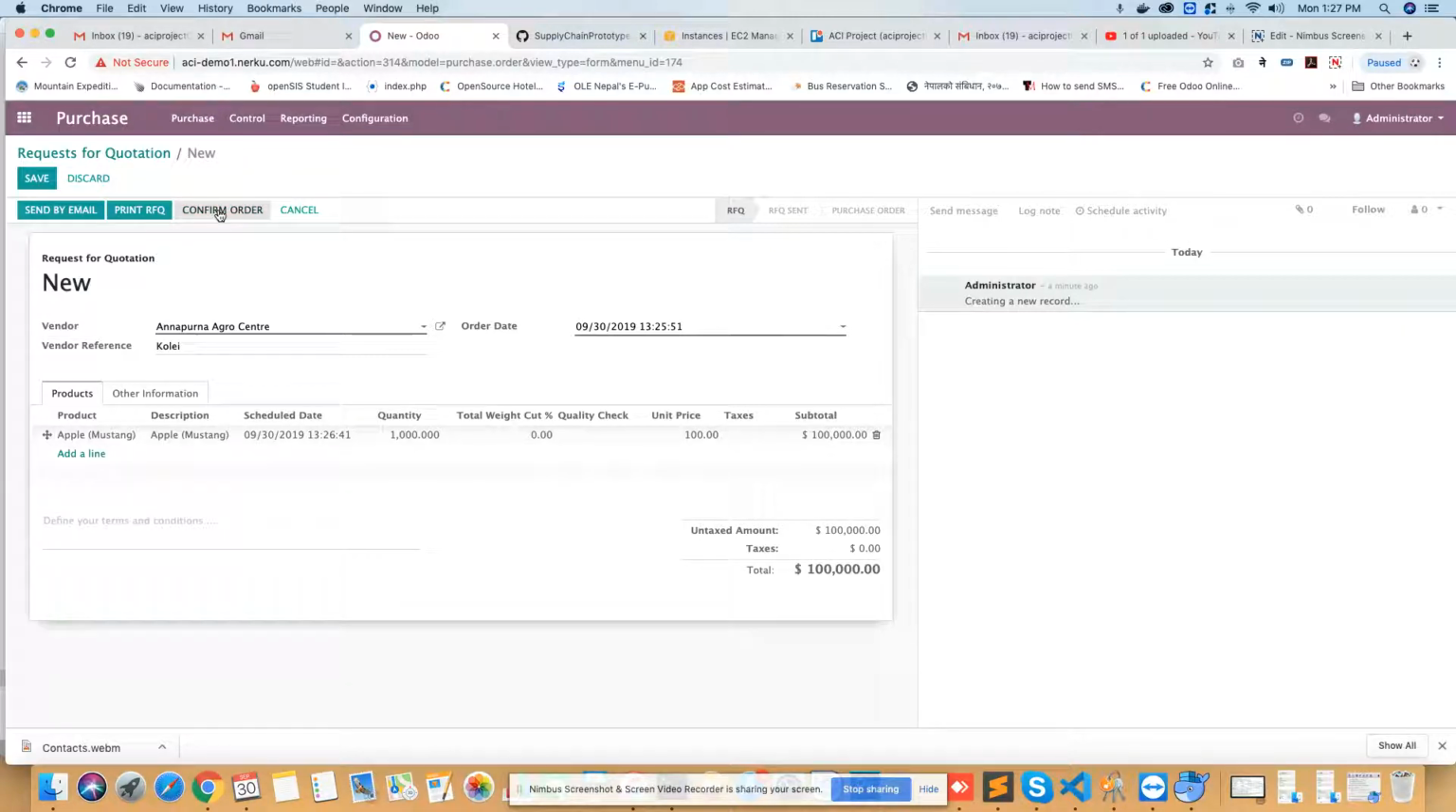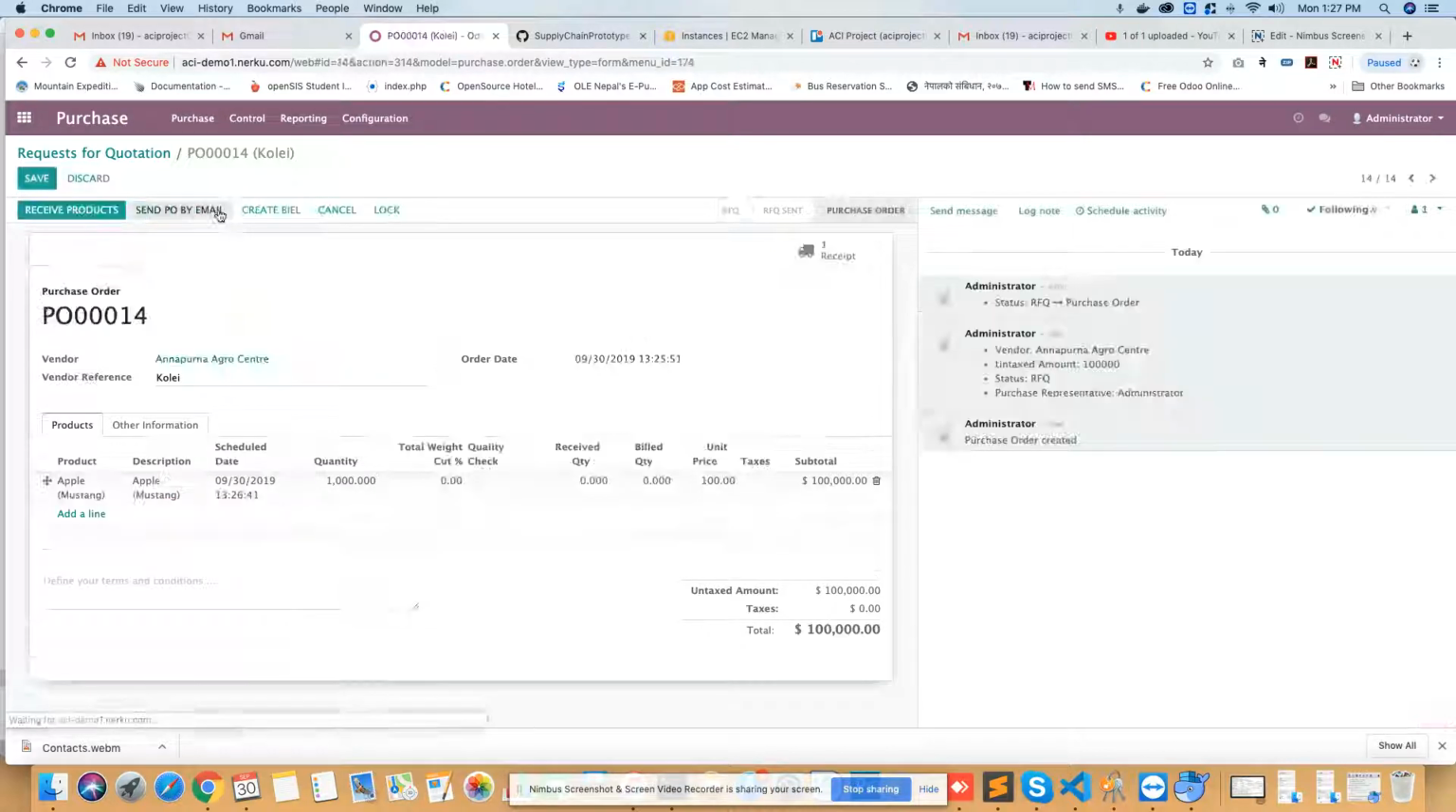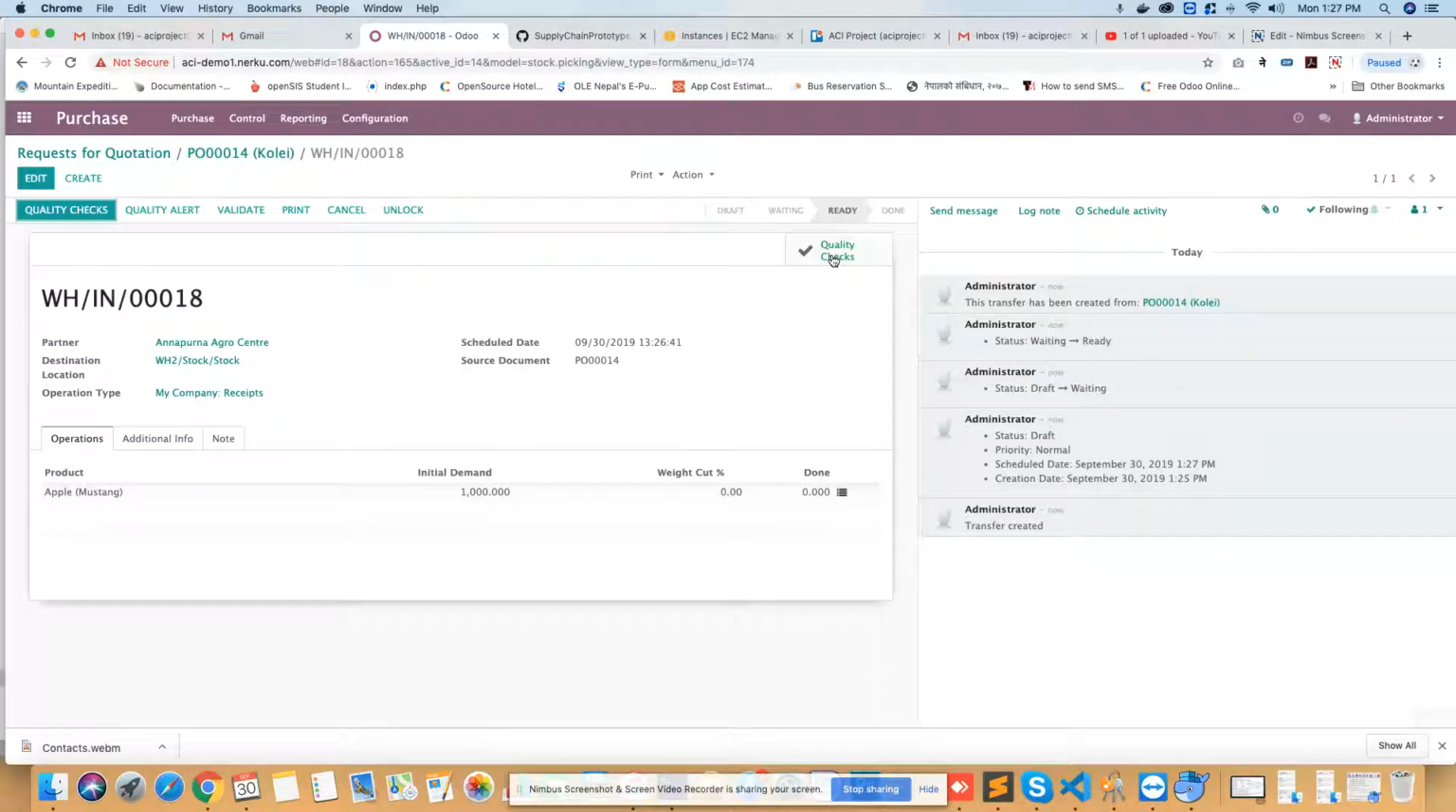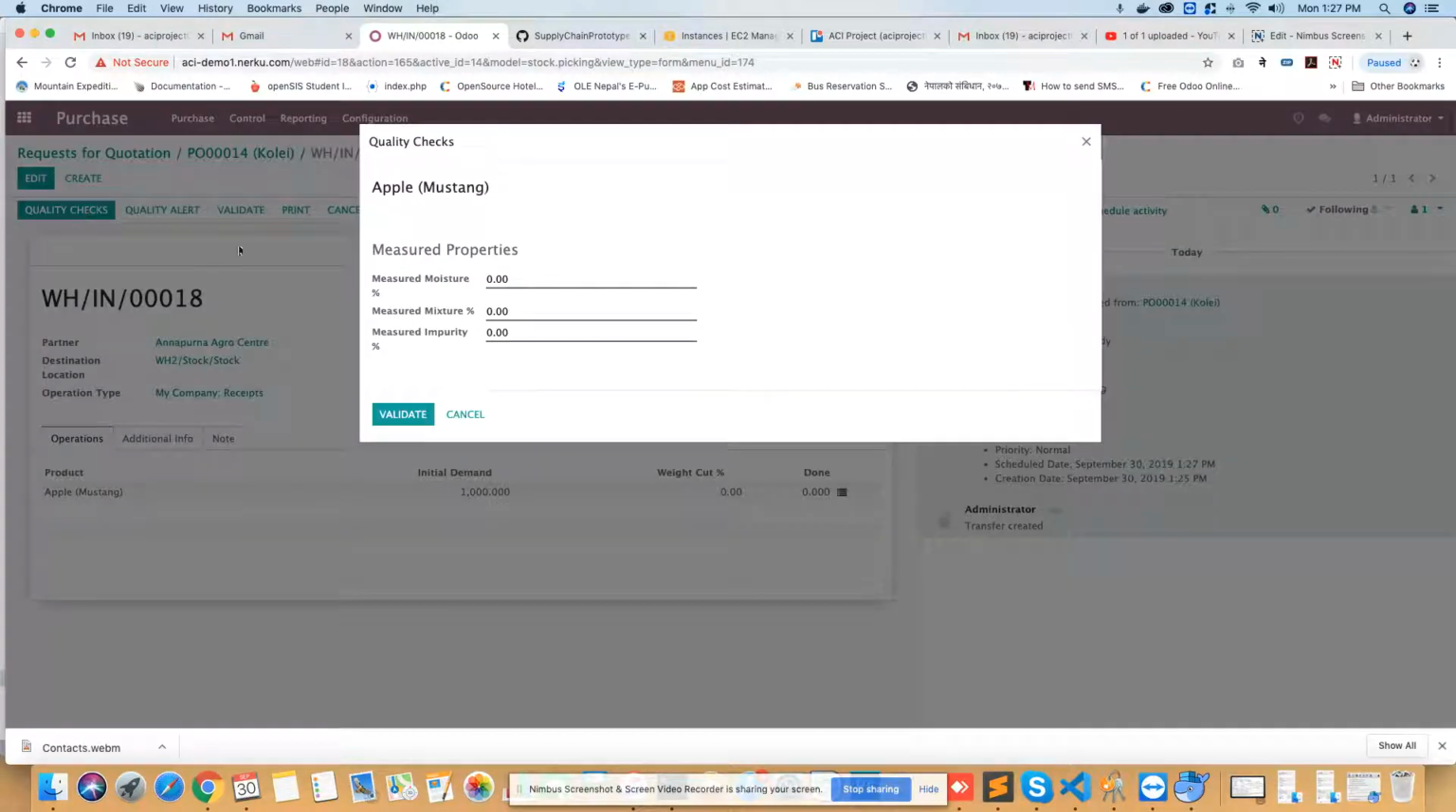Now I will confirm the order. Once I confirm the order, I will go to this section called receipt for quality checks. Now I will check the quality of the product. It means I will write the measured moisture,